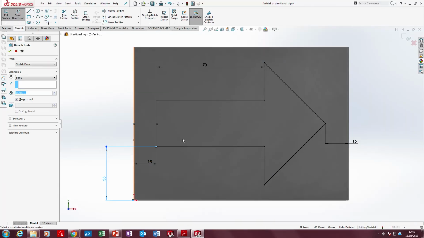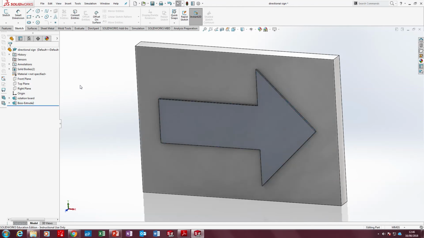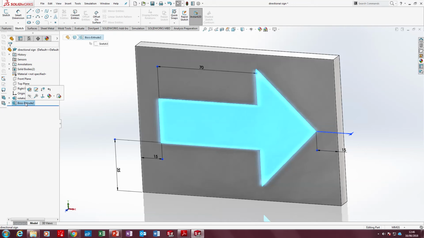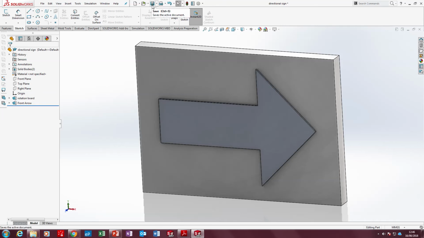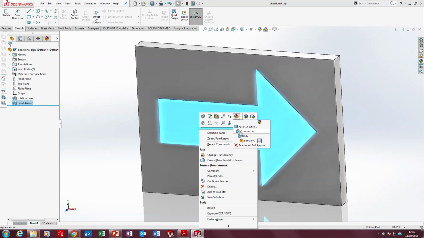Now we can go extrude, and we're going to make this arrow. So we're going to make it 1 millimeter, and untick merge result. Click OK. So that's the arrow on the front. So we're going to click it, boss extrude, rename it front arrow. And we're going to press save here. Right, now we're going to change this to black, so right click, appearance, front arrow,